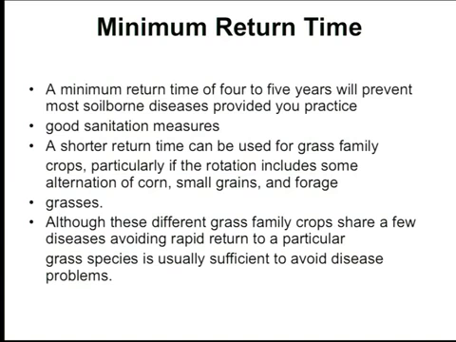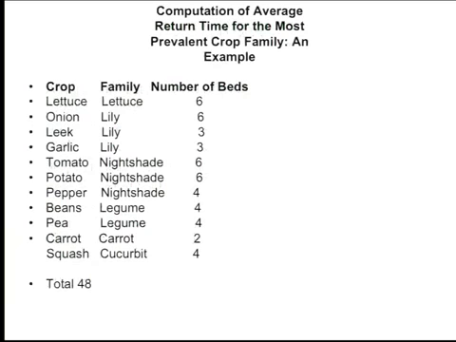You remember we talked about this, did we? Okay. So basically what you do next is you calculate, let's say that this is your garden and you have 48 beds. Then you group the different families, and then you add them. For example, how many lettuce family? We have 6. Of the lily family, we have 12. Of the nightshade family, we have 16. Of the legume family, we have 8 rows, okay? So in order for you to calculate the minimum time of return, that means that you don't want to come back to that piece of land where you planted the nightshade family, what you do is you divide 48 by 16.